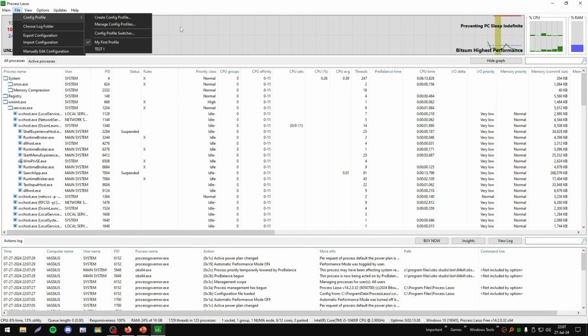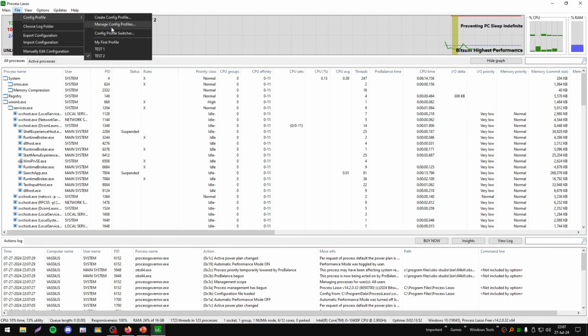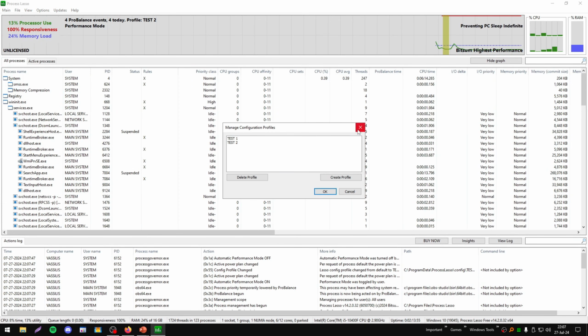We can create our profiles here. We can create a profile, test 2. We can use the current settings, or we can create new settings for our profile. And as you see, now test 2 is the active profile. We can manage the configs. We can